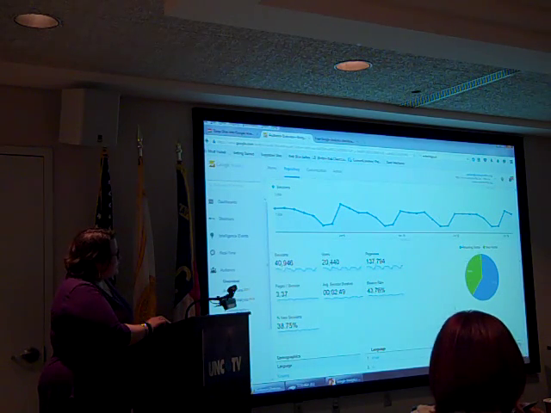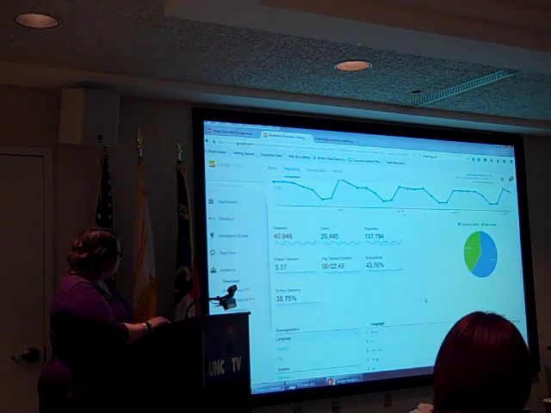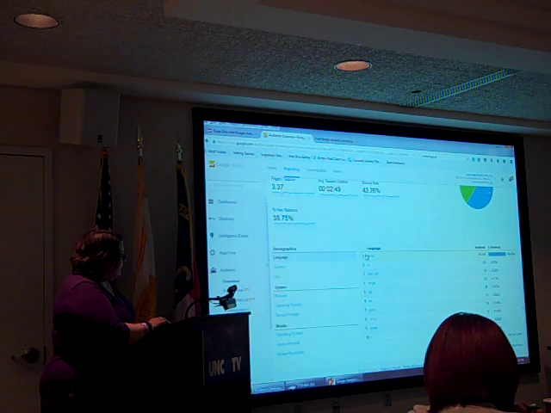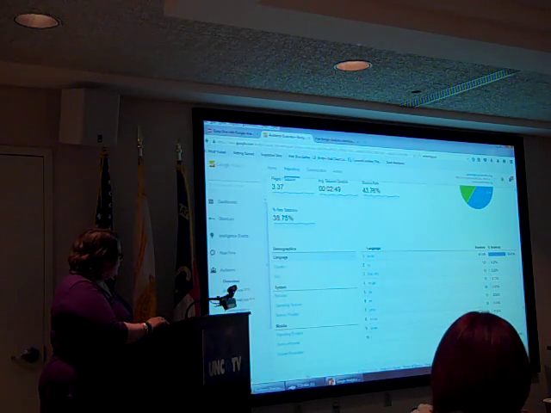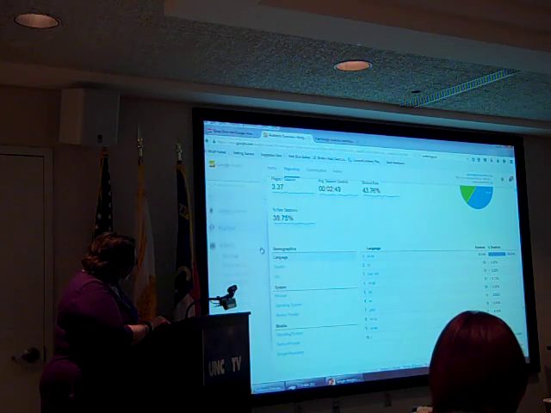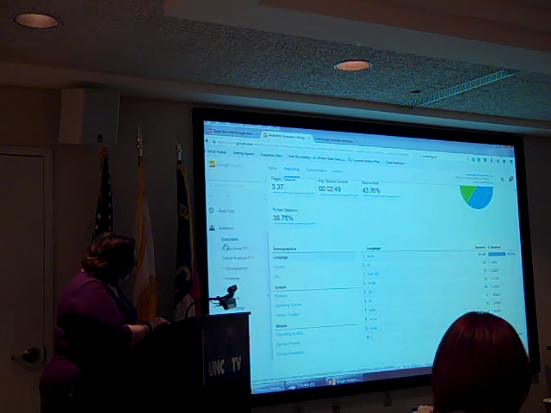But you can see how many of them were returning and how many are new. You can also see language and demographics. You can dig deep into any one of these areas. So if we look at something that you might be interested in,